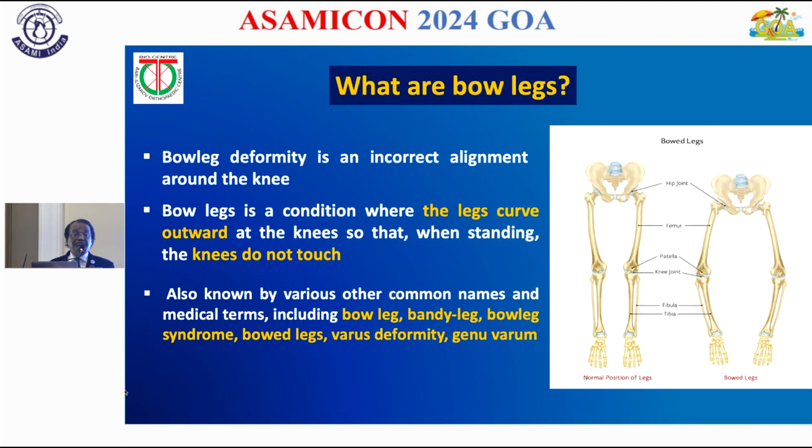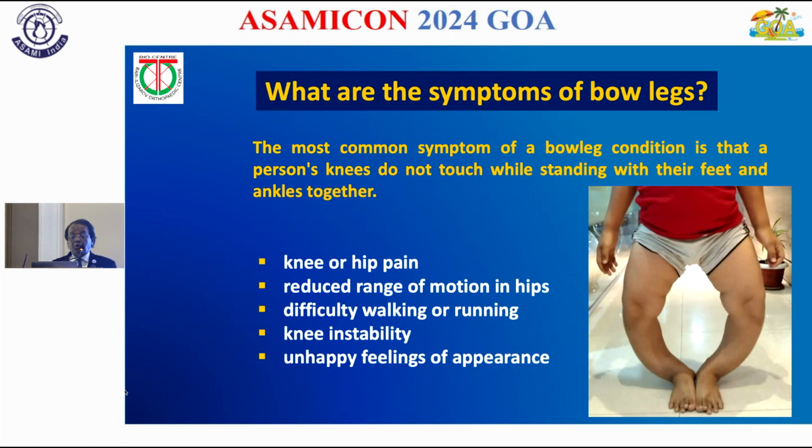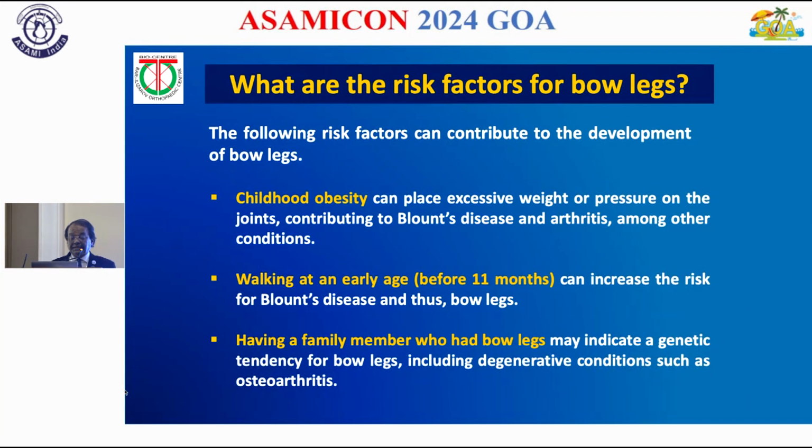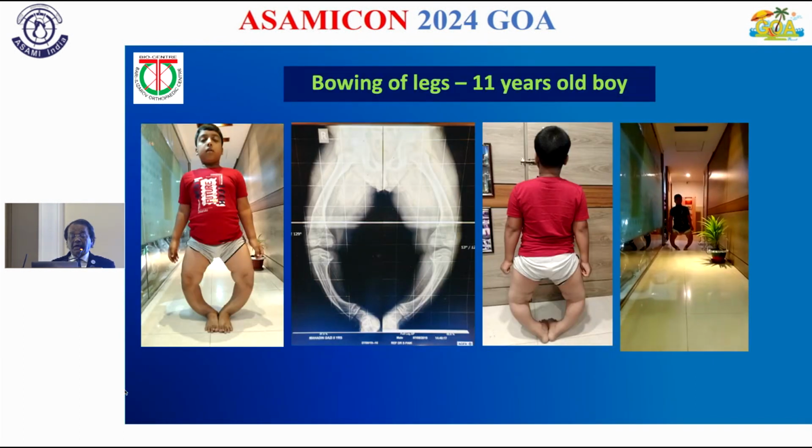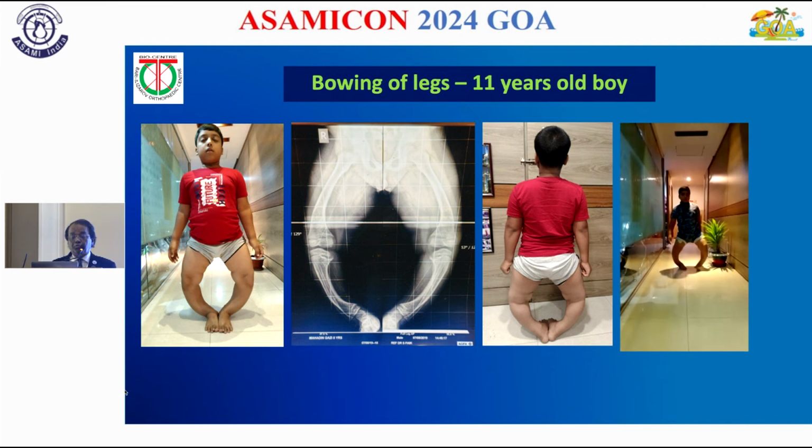Now, you should have to differentiate between the bow legs and Blount's disease. So this is the bow. What are the symptoms of bow legs? You know, all the Elizarov surgeons are sitting here. And what are the risk factors for bow legs? You know also that. And then you can see, I would like to share this full type O bow legs,